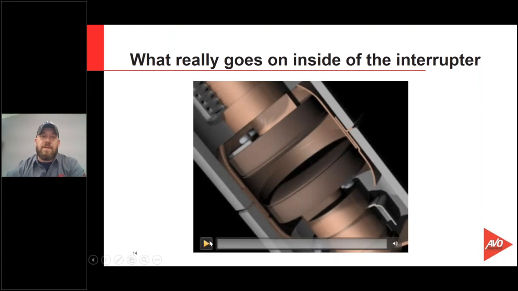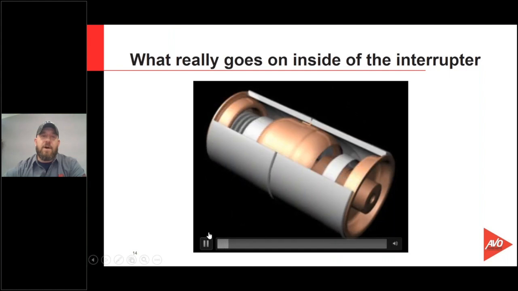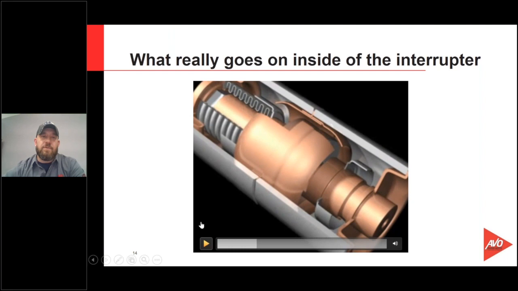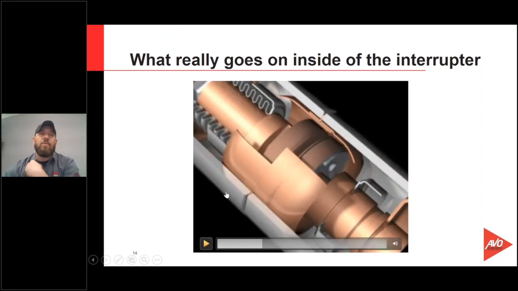So what I'm going to do is talk through this video one more time. I always like to show these videos twice. I'm going to pause it here for just a second, and let me get to where I need to be. I want to point out these metallic bellows up here that we were referencing. I also want to talk about this shield as well that